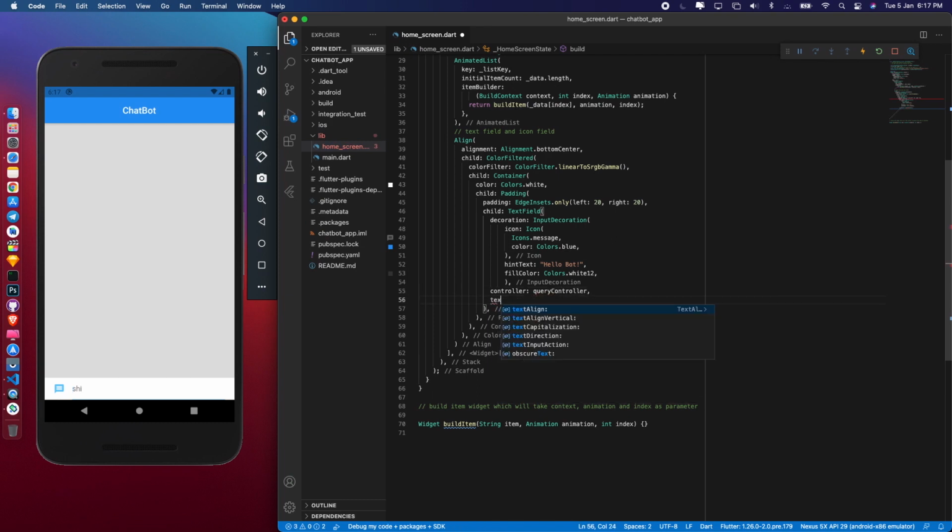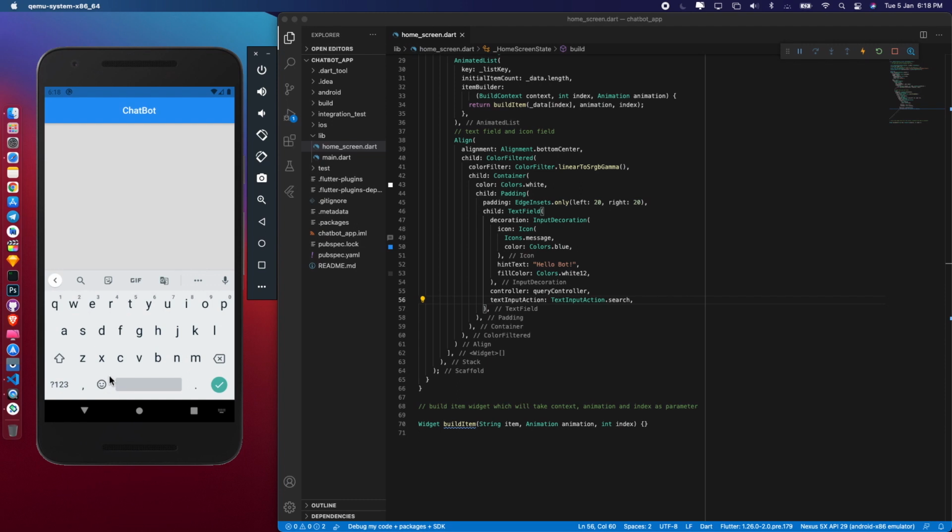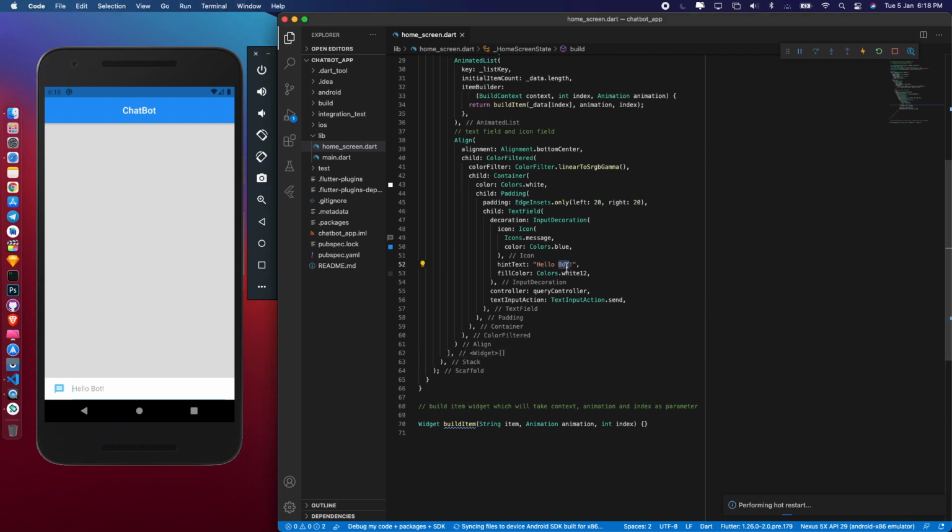Another thing we need to do is input action. Input action is something while you are typing in your keyboard and you see a button like enter or search or send, right? It is tick right now. Let me reload that. Okay, it is search for now because I entered TextInputAction.send. I will remove this bot, it's not looking nice.